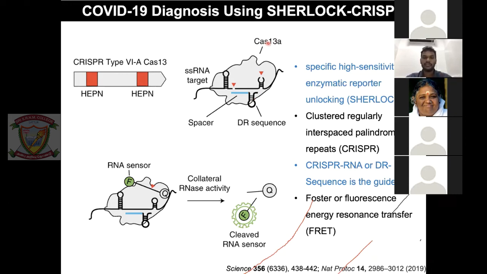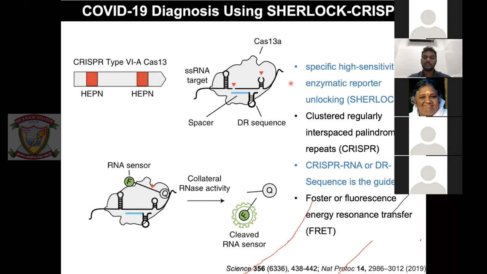Basically, wherever you find this guy, it will cleave the DNA immediately. DNA or RNA, whatever, it will immediately cleave. So the single-stranded DNA or RNA will be completely cleaved if the Cas13A is binding. If there is no genomic DNA, this will not bind, so there's no cleaving. If there is DNA, this will go and bind, and this RNA will be cleaved. So this is a therapeutic technology currently being employed. That's exactly how CRISPR works.